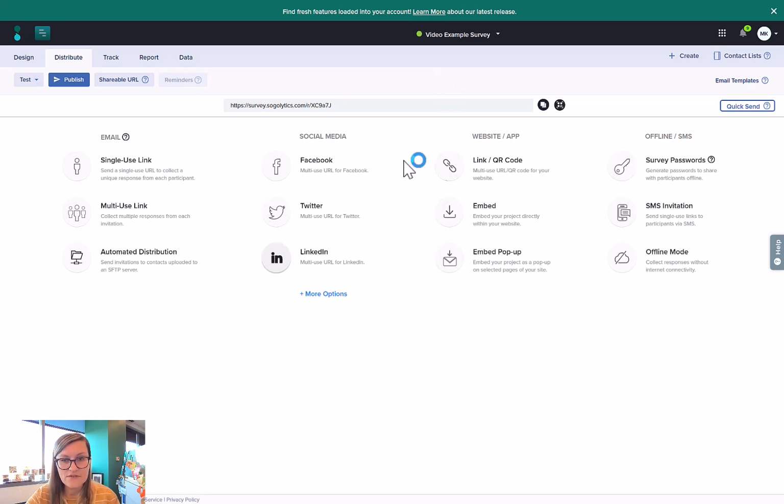So one of the things that you'll notice here, yes, that one's live, but you can still invite participants through different methods. So maybe you put one link up on your website, but another popular way to distribute is through email invitation. So a single-use link, a multi-use link. Here, if you know the email addresses of the people that you're sending to, enter their email addresses and send